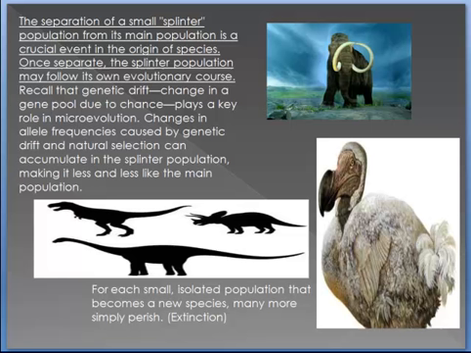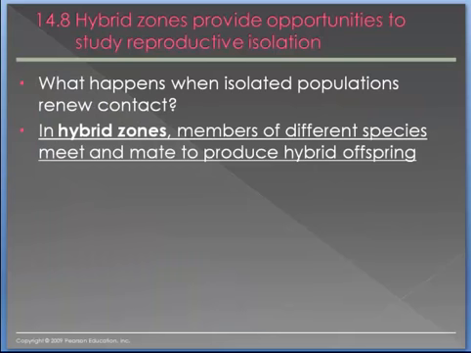And for each isolated population that becomes a new species, many more are simply extinct, which means they perish. That population does not exist anymore. Sometimes these isolated populations, these splinter populations, although they are separated, can still make contact or remake contact. In this case, we call these hybrid zones, which are members of different species that meet and mate to produce